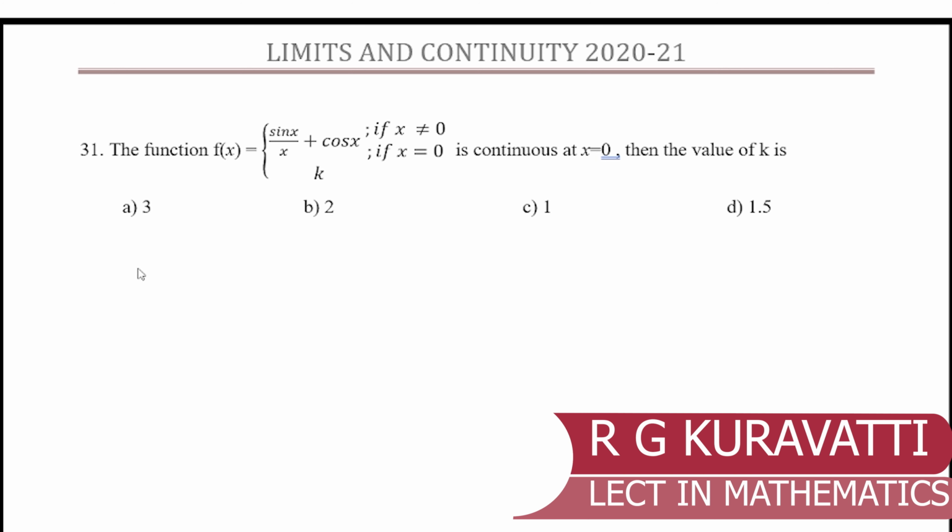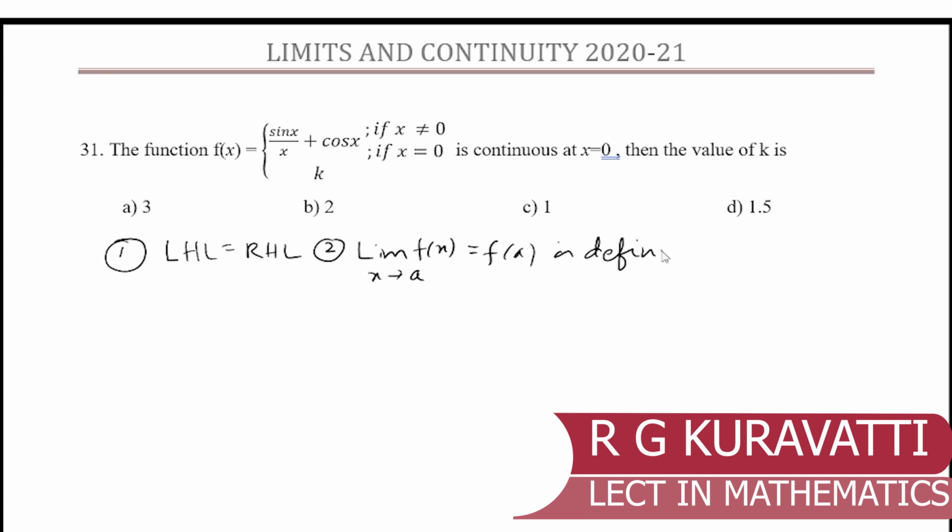Now you know the definition of continuity. That is, two conditions are satisfied. Condition number 1, left hand limit is equal to right hand limit. Condition number 2, limit of f of x as x tends to a is equal to f of a is defined. So out of two conditions, if any one condition does not exist, then the given function f of x